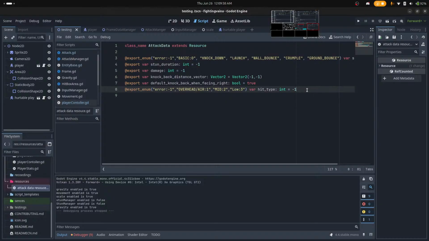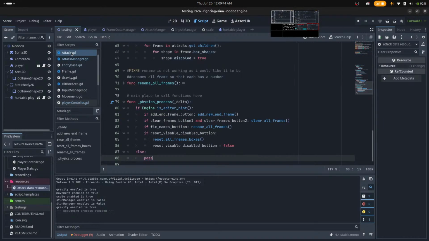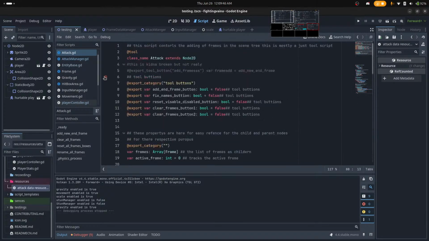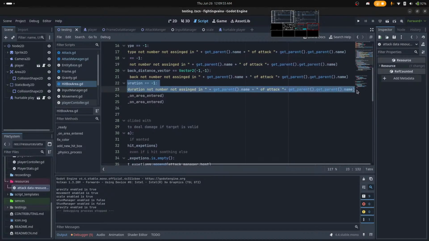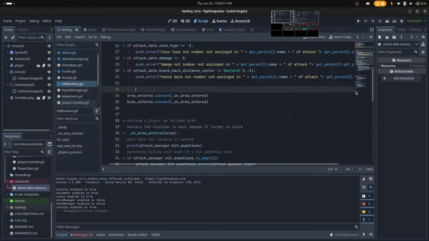In addition to this existing, I should probably have the push error. That's done in the hitbox. Yeah, copy this, paste.